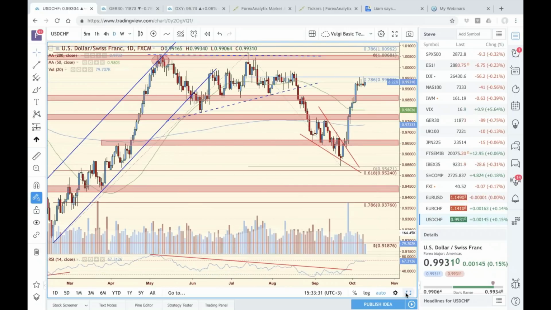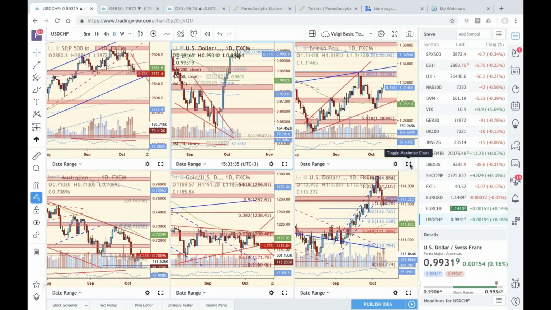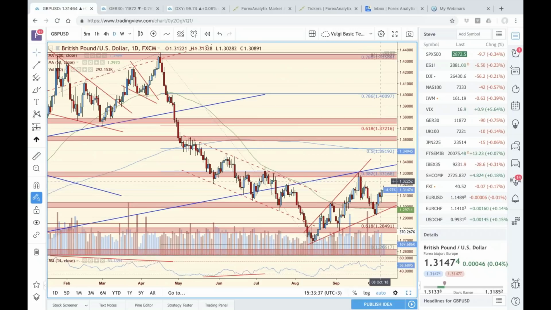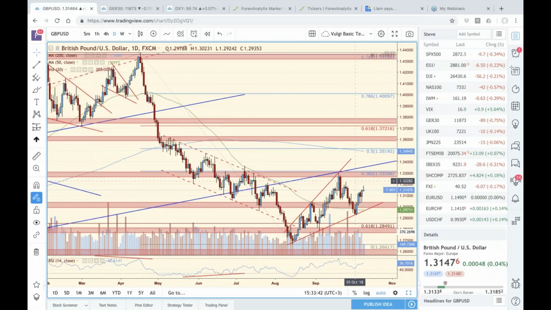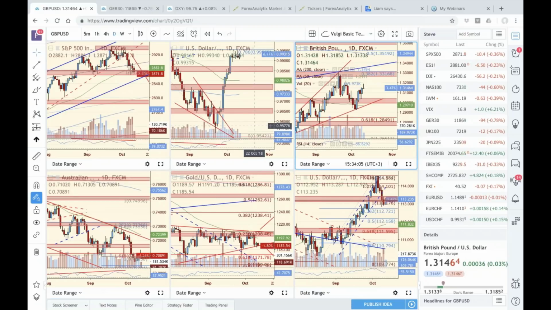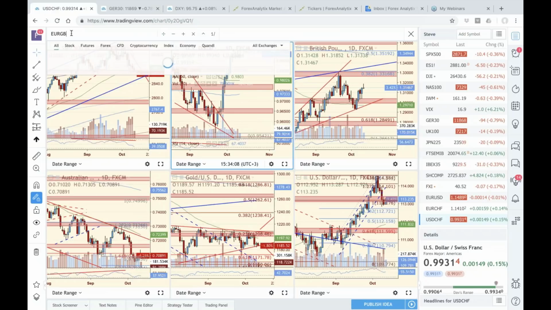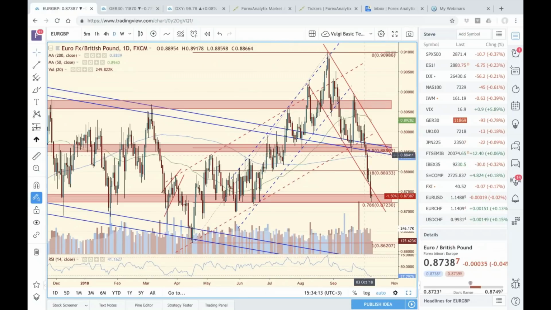Now, having to do with the cable, I think that Drake already mentioned, cable is obviously behaving somewhat better than the rest. Regardless, in my opinion, anything between 130 and 133 is more or less noise, since 133 has already rejected price action once, and it has the potential of doing so again if we get up to that level, right? So it is stronger than the euro, which is something that we can clearly see in the euro pound, as Blake mentioned. And to be honest, this price action in the euro pound should be extremely worrying for the